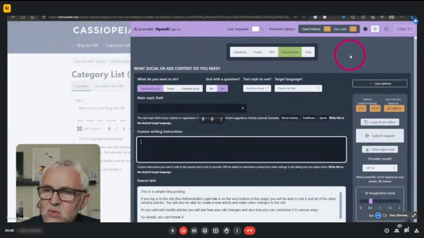No, it won't. It depends on what you mean by override. What you're writing here will be sent along with the normal prompts that 4AI would have written. It's added inside of the prompt, just before the end. And then what ChatGPT, the OpenAI API, is going to do with what you write, I don't know. Supposedly, yes, you can do that.